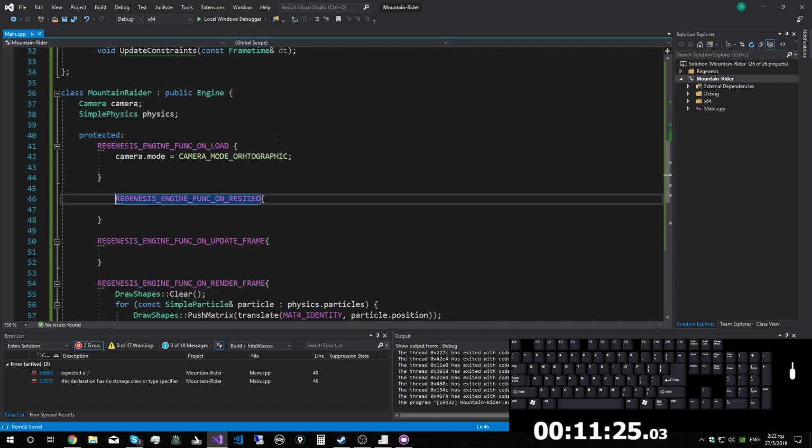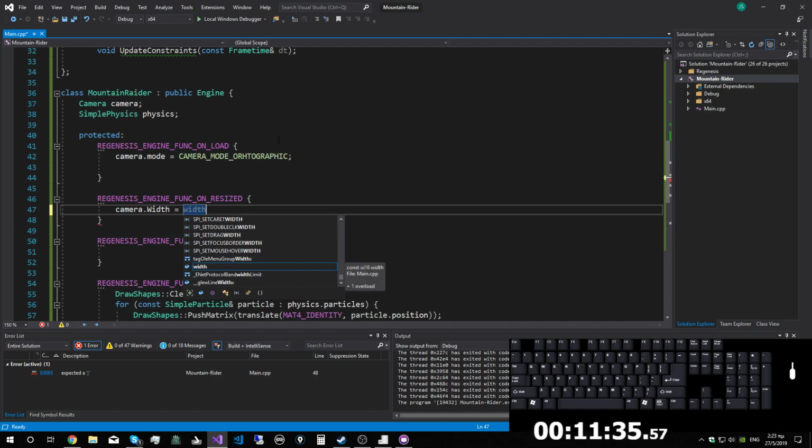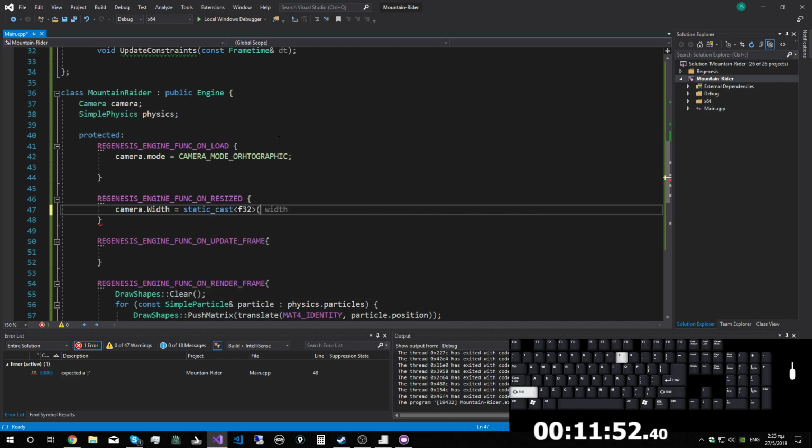Resized. The width will be whatever the width of the window is, which is UI16, an unsigned short. I will make it a float,